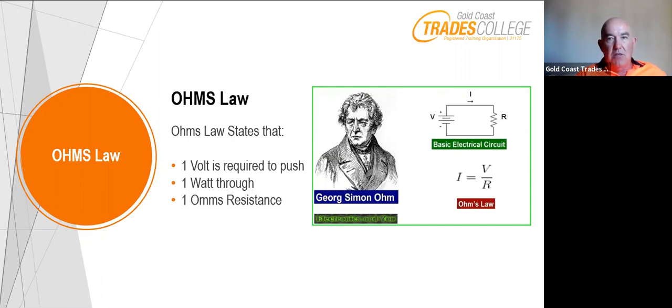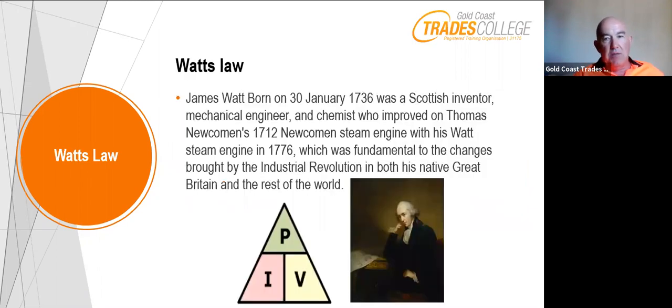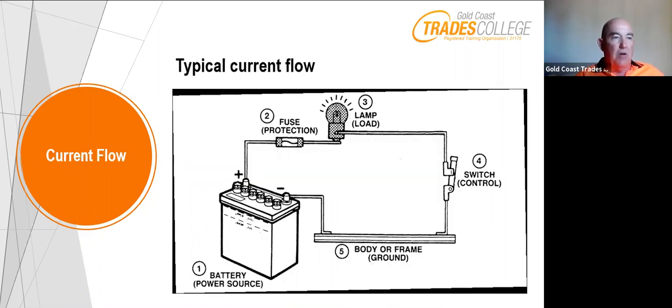Moving right along, there are a couple of these laws that you have to have some insight into, and they do help you as you work through the mathematics of it. James Watt, born on the 30th, yeah, he is older than me, there you go. Okay, Watt steam engine, 1776, which was fundamental to the changes brought by the Industrial Revolution in both his native Great Britain and the rest of the world. So Watt's Law, P equals I times V, okay? You'll see how that's used as we progress through these slides